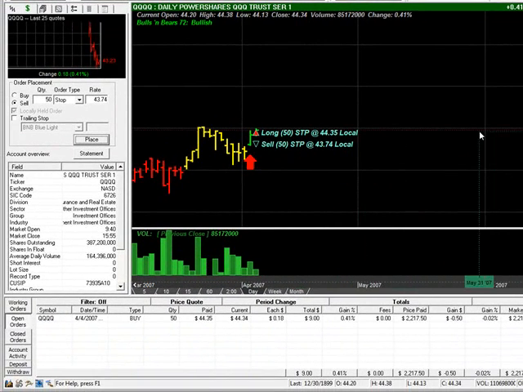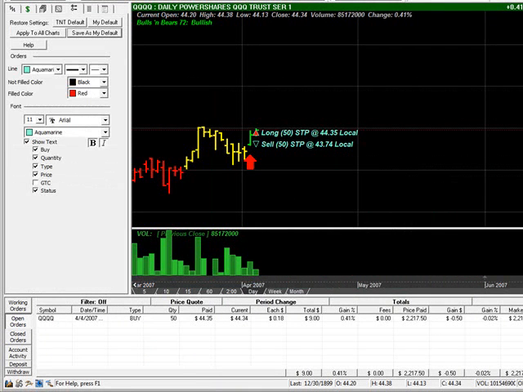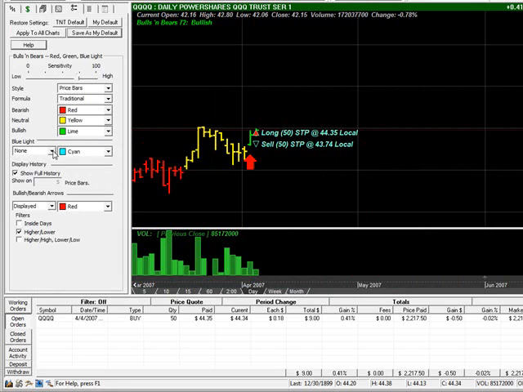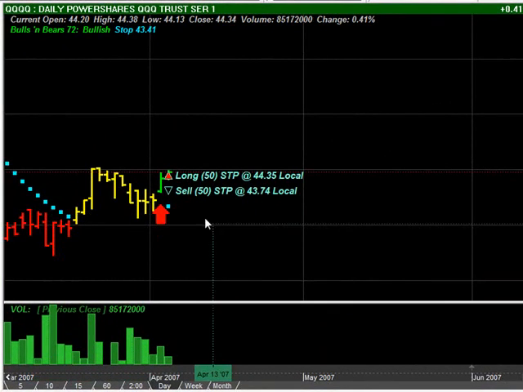And now what we're going to do is come over to the Bulls and Bears settings, and turn on the blue light system. I'm going to turn it on bullish bearish. And that's going to put our blue light stop loss order entry position right here. See that blue light? That's where it says we should have our stop. Well, I have to decide whether that's what I want to do, whether I want to have the stop there or in my traditional spot behind the previous price bar or behind the yellow. Now, since behind the yellow is further back than the blue light, I would choose the blue light.